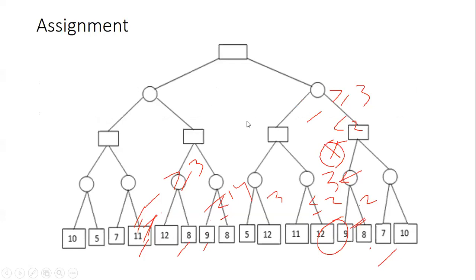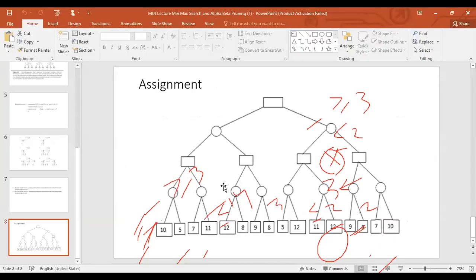Okay. So this is assignment you will have to do. I have uploaded it on the Google Drive. I will upload it on EduNext also, this assignment. This you will have to do using alpha beta pruning. Before that, I will go through another example to understand it more. Let me see, where is that?